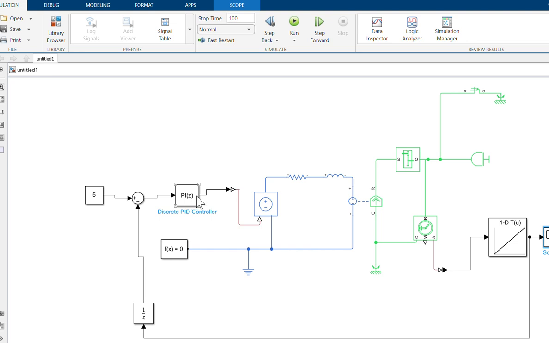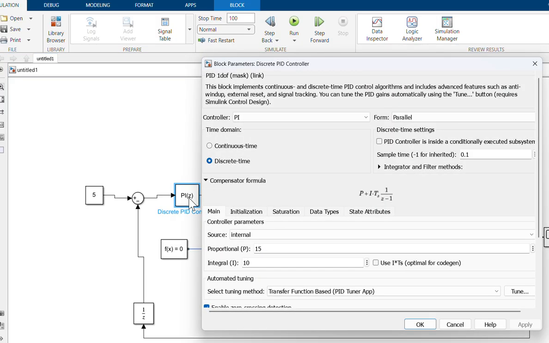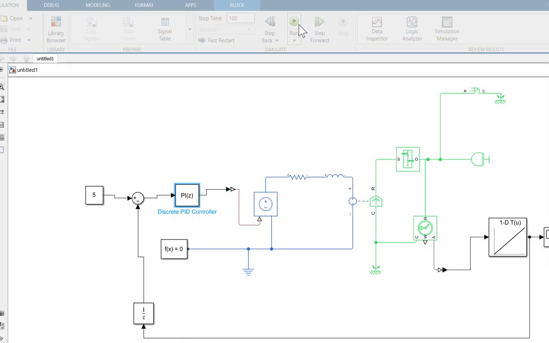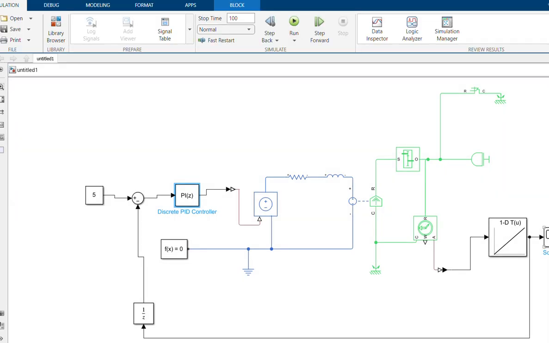Maybe I do something in here. Vanish the integral value as 0 and proportional is 1. Apply, okay, and then run. What's going on in here?